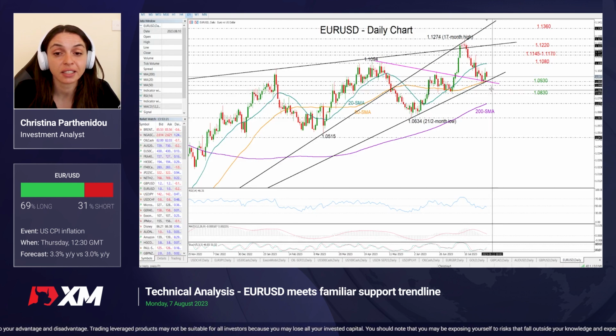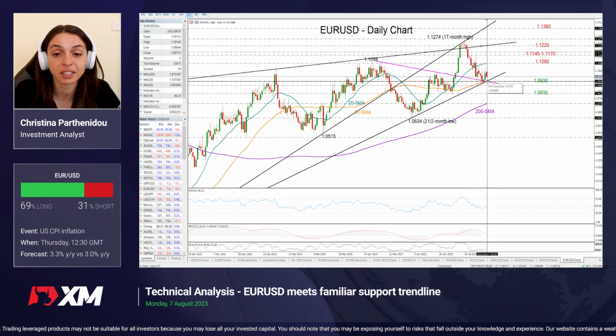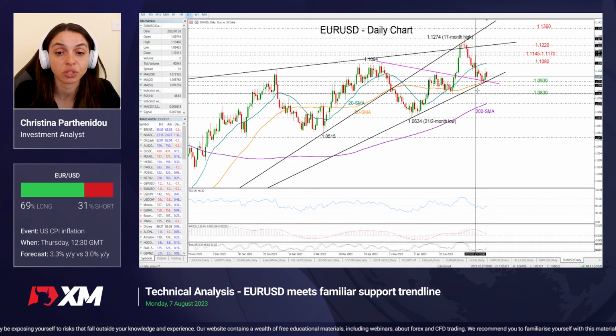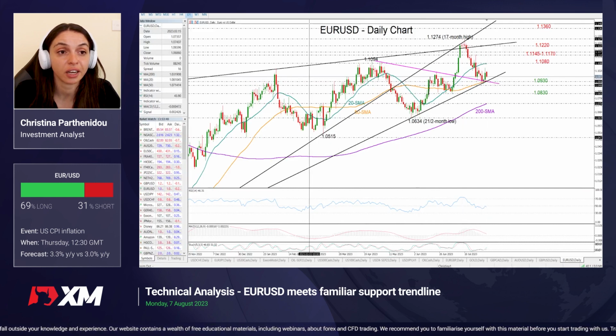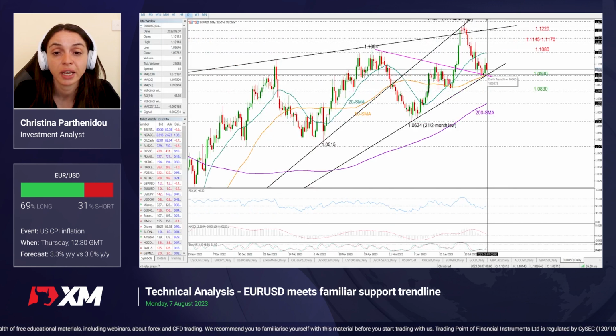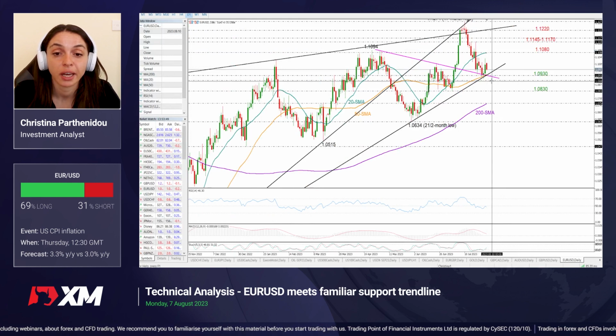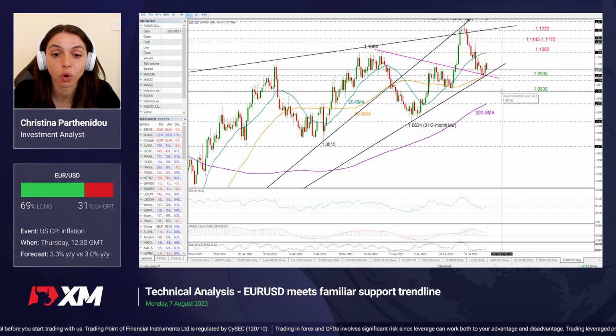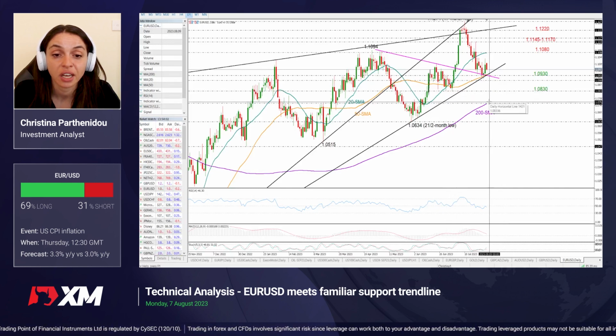So if that proves to be the case, euro dollar could extend this weakness, and weaker than expected data could also add stronger downside pressure, likely bringing the 1.0930 region back under the spotlight, where the price bounced up last week. This is the trend line coming from September 2022, so it's considered a crucial support zone, a break of which could confirm additional declines, especially if the price closes below the 1.09 level. Then we may see an extension towards the 1.0830 barrier, while lower than that, the 200-day moving average could be closely watched as well at